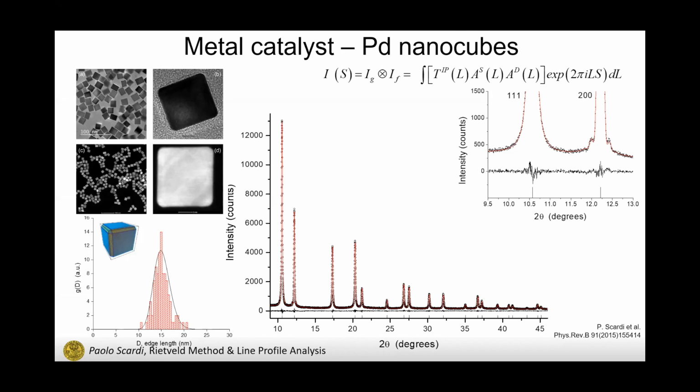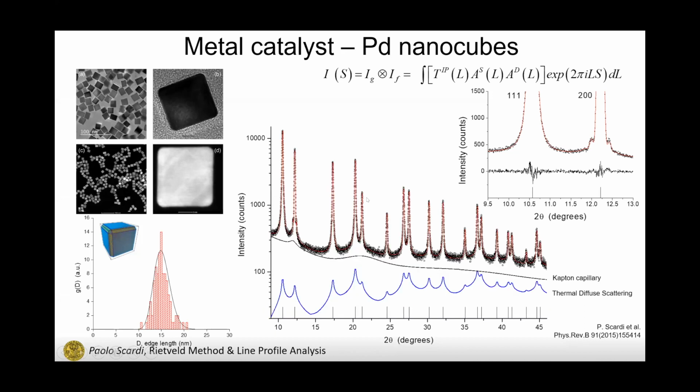In this modeling, we can even refine the exact shape of the cube. We made a model for variable truncation of the cube, truncation of edges and corners, and the little blue shape you see is the best shape we could refine from diffraction, which seems compatible with the TEM observations. In this modeling, in addition to including the contribution of the Kapton capillary, because the powder catalyst was in a Kapton